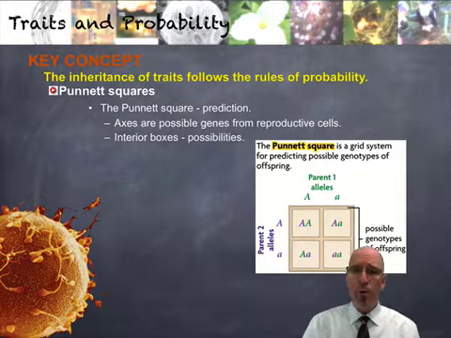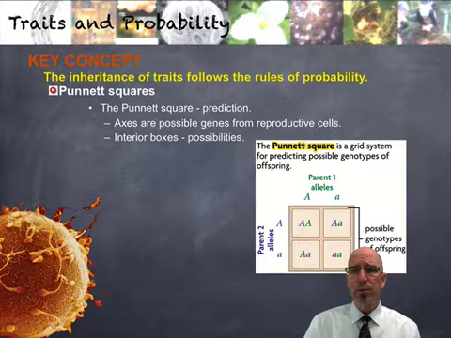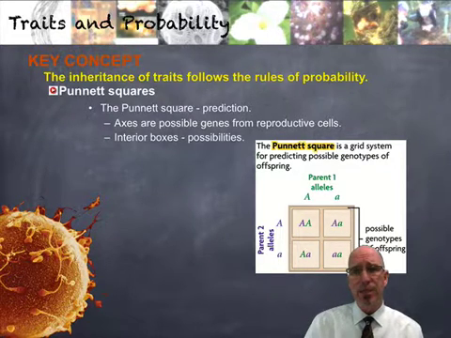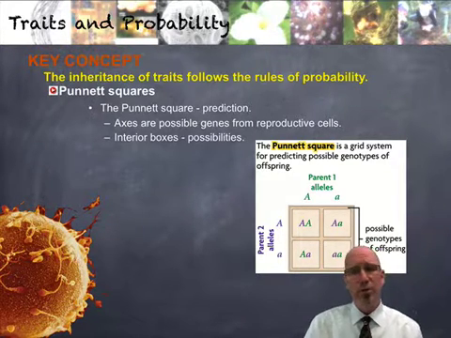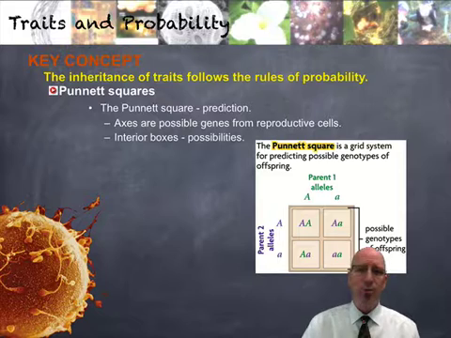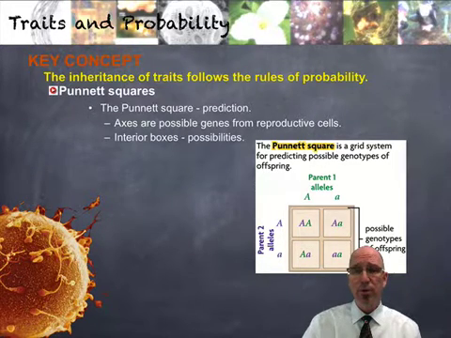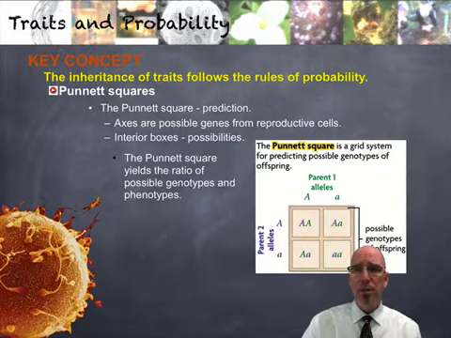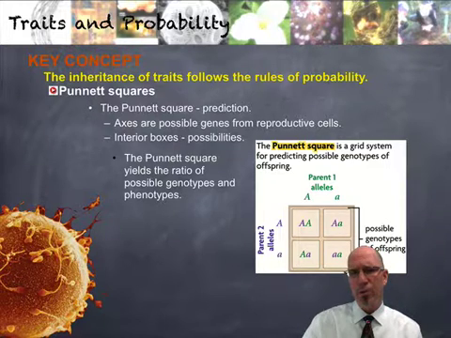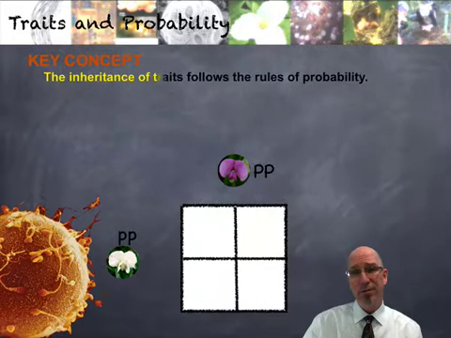So in this one, we have parent 1 and parent 2. This particular person is heterozygous, big A and little a, for whatever the particular traits are. And then in the middle, you can see the possible genotypes, the genes for the offspring. So it yields some possibilities. Doesn't mean it's always going to happen, but that's the possibility that you're going to be little a, little a. So what is the possibility there? If there are 4 squares, what's the probability there of being what we would call homozygous recessive?